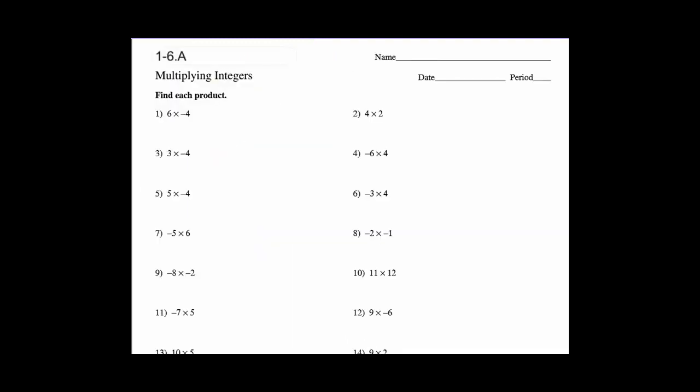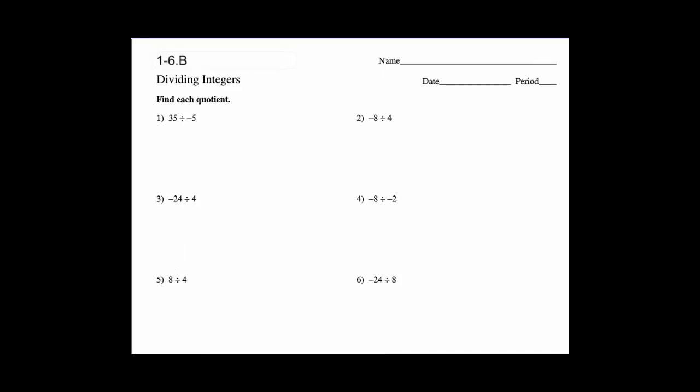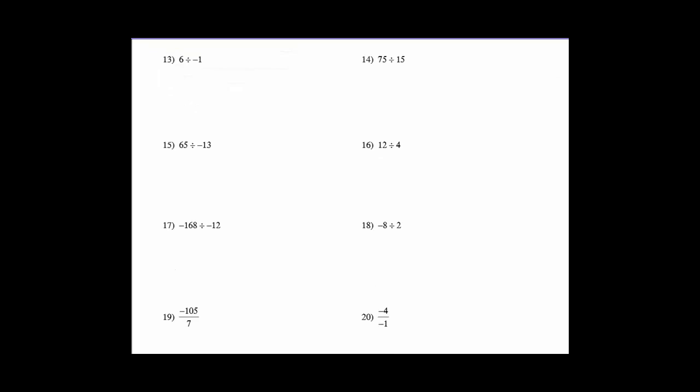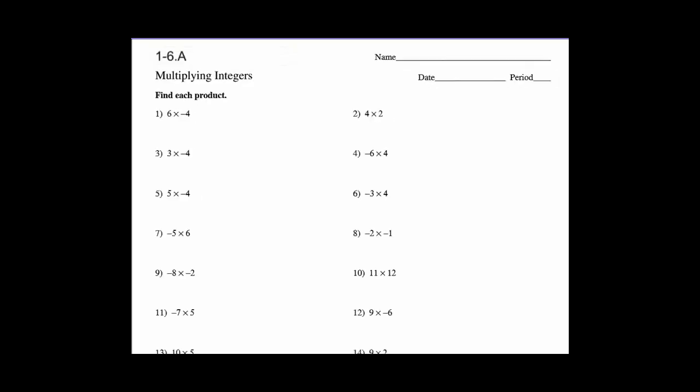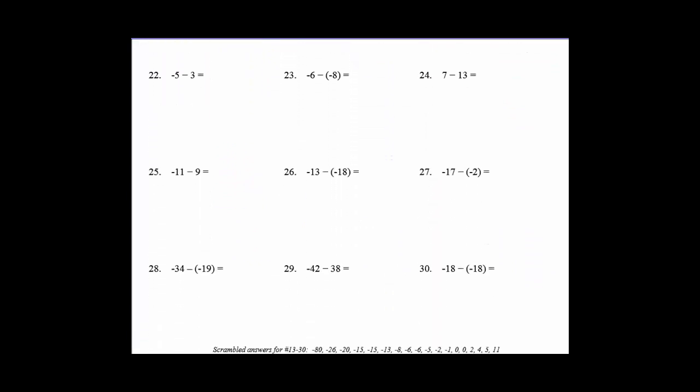Now you're going to have a chance to practice multiplying positive and negative integers. Just follow the rules for how those work. And again, do your best to do these without a calculator, because if you just punch it in your calculator, then you're not really practicing the rules. So you have 1/6 a and b. For practice, b has two pages to it, and you still have some problems you need to finish back on 1/5. So go ahead and pause the video or stop the video and work on those,